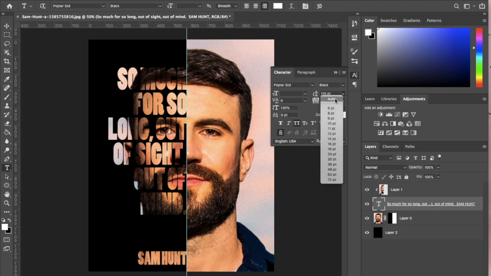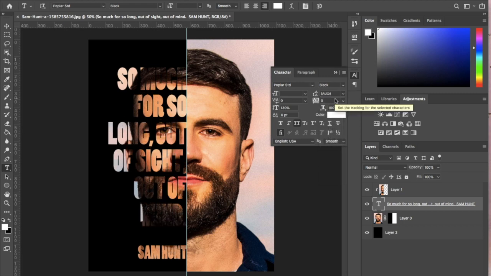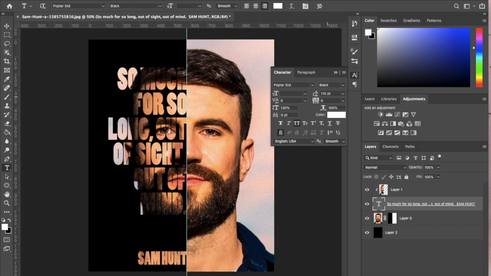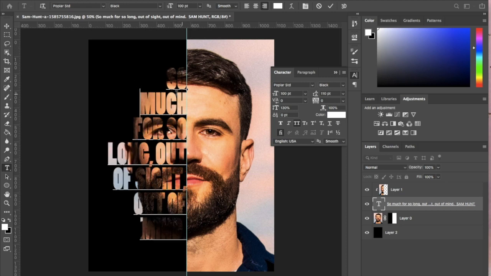I'm going to go back to auto. Okay, so auto is bigger than 110. So this one's working a little differently. But I'm going to go back to 110 because it does make them a smidge closer, so that's better. All right, and I don't really like that I'm not getting any of his head in there, or the top of the hairline, so I think I'm going to delete and return,